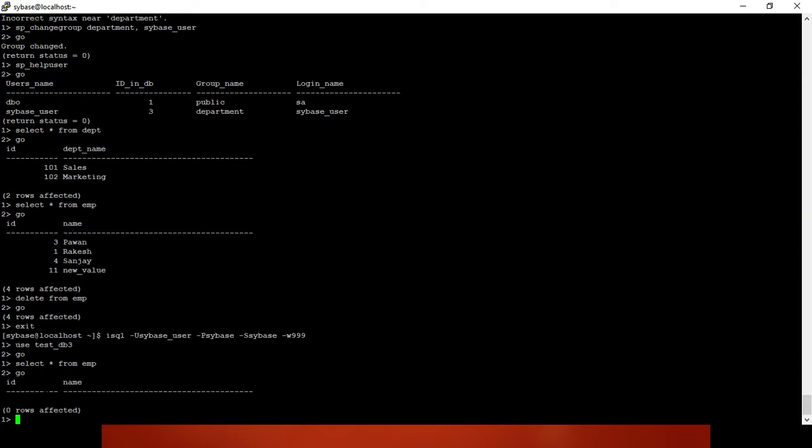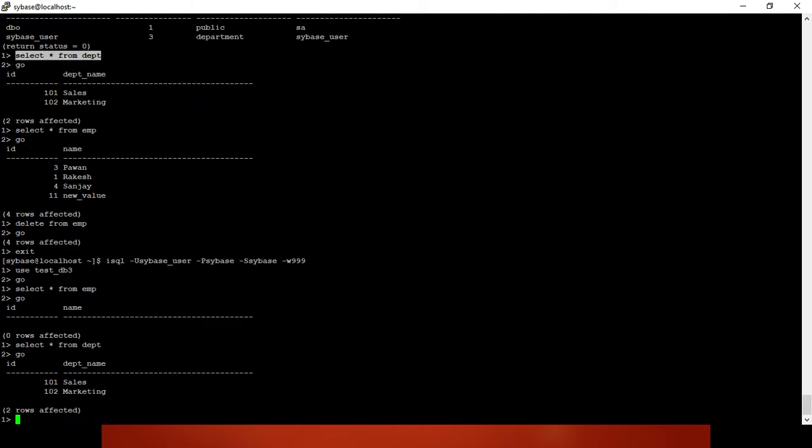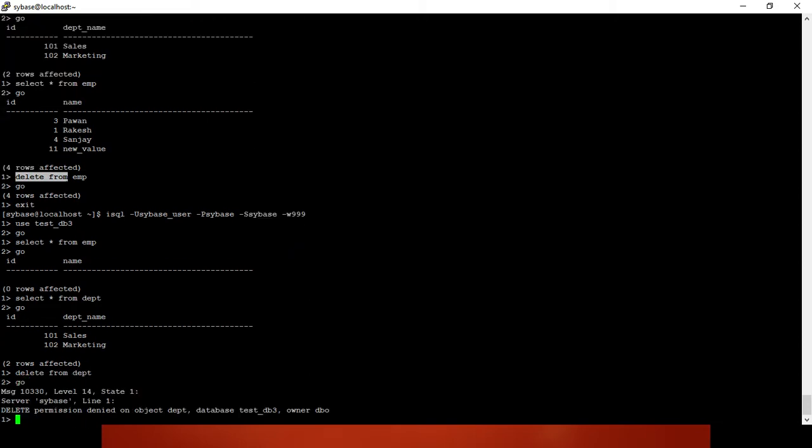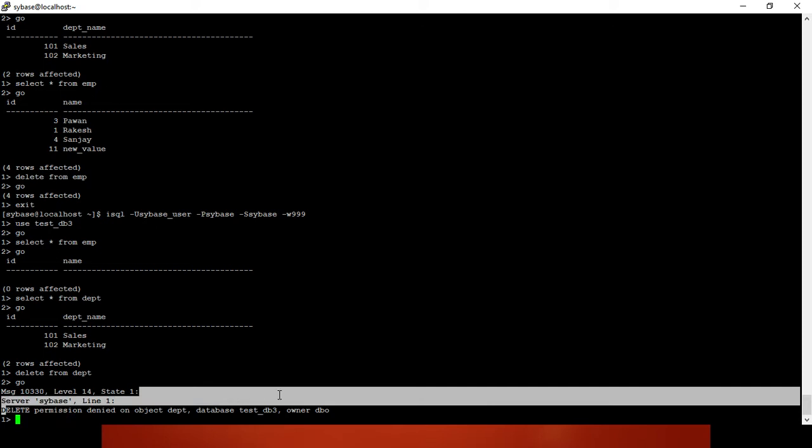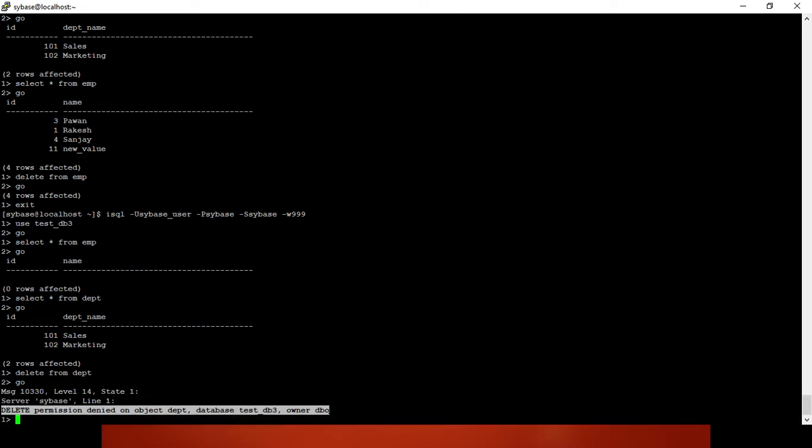There are no rows because the table has been deleted by me. But I can access the table, so you got it, I deleted from my access. Let's run this command again from dpt. It will not allow it because you don't have delete permission, because we had granted select permission only, right?